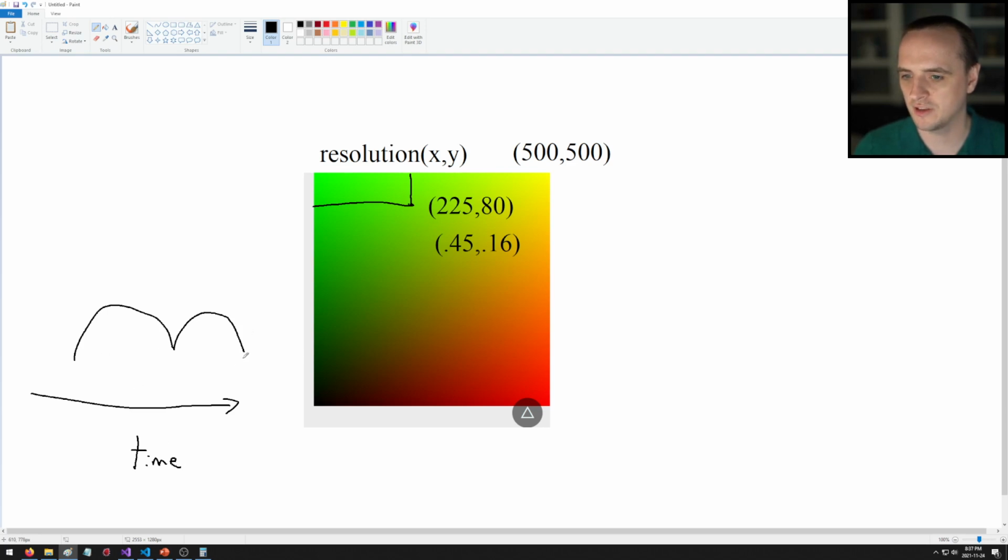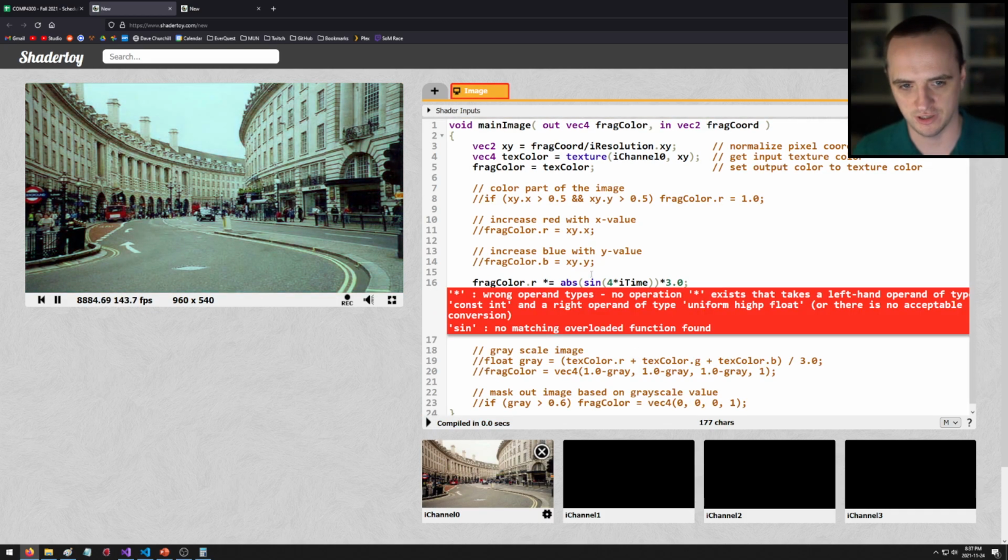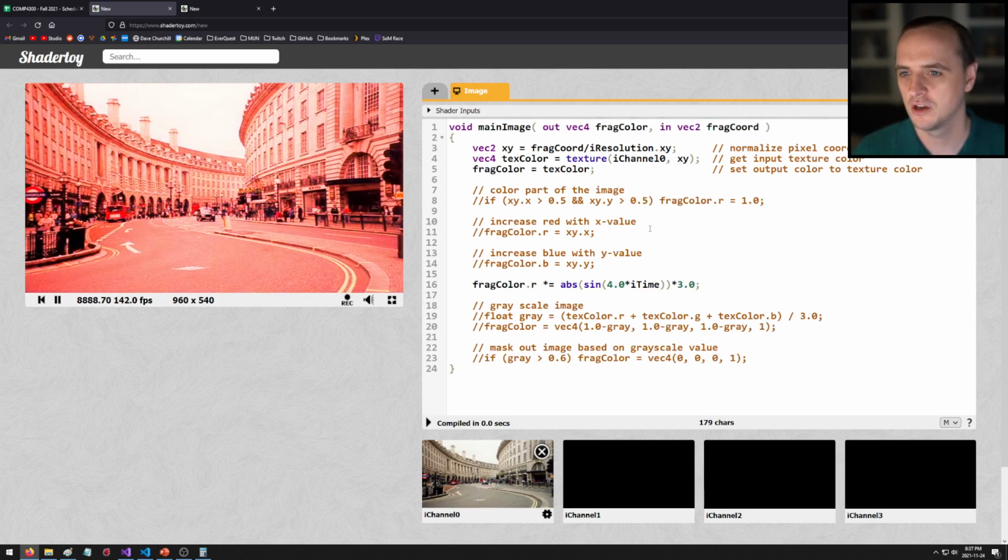If I want this to be faster, I could multiply it by 2 and get twice as many cycles, right? Or maybe multiply it by 4. And that's what I'd get in my image as well. So if I multiply this by 4.0, I keep forgetting to put in the point zeros, the flashing will be 4 times